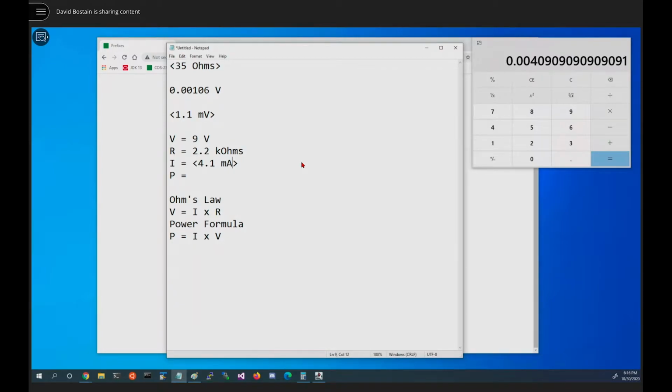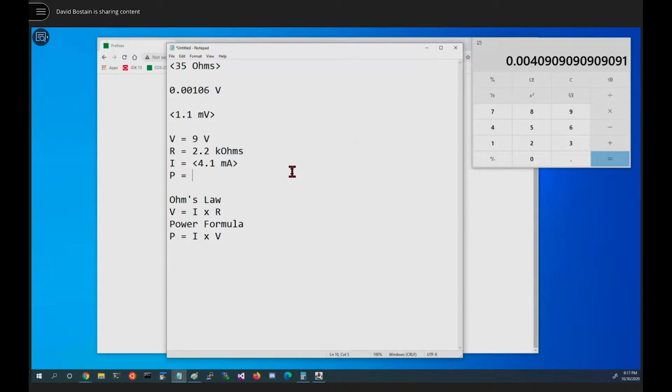If I get the arithmetic wrong, somebody correct me, because I'm doing it while you're doing it, if you hit the wrong keys on the calculator. 4.1 milliamps. The decimal point needs to be moved over 3, which would put it right after the 4. Since this first chunk is called milli, next chunk's called micro, right? So we have 4 millis, point something, and if we need 2 significant digits, the 9 would round the 0 up to 1.